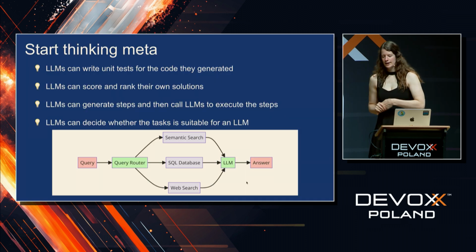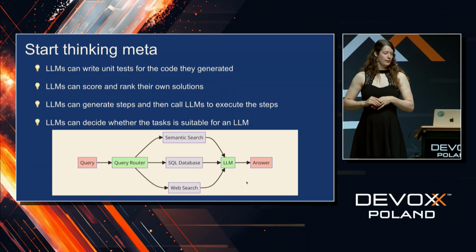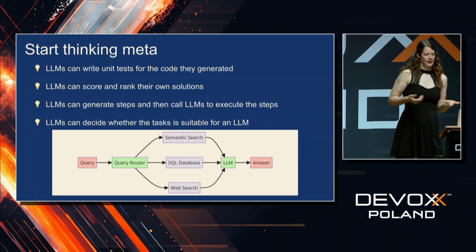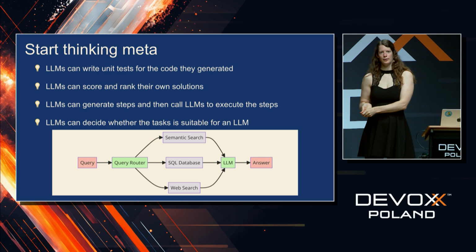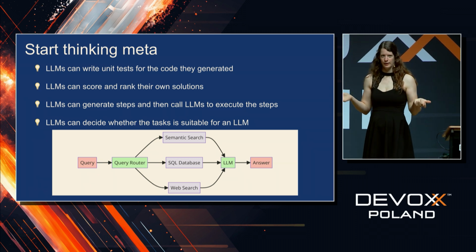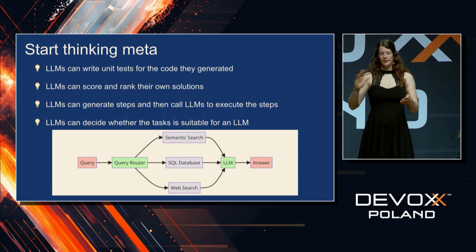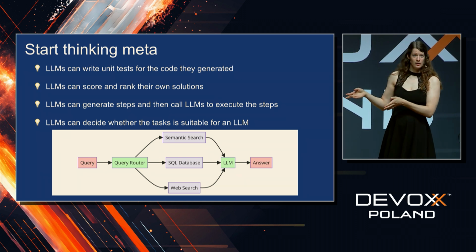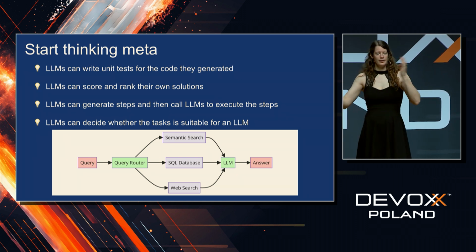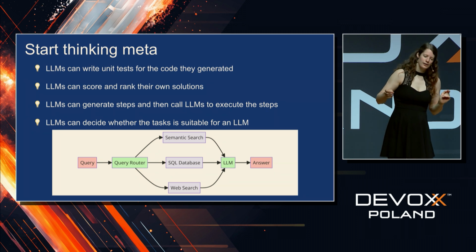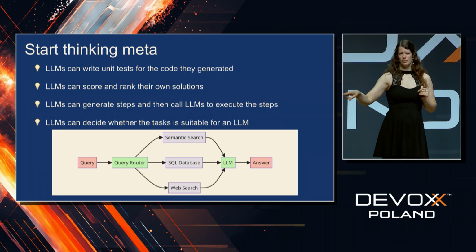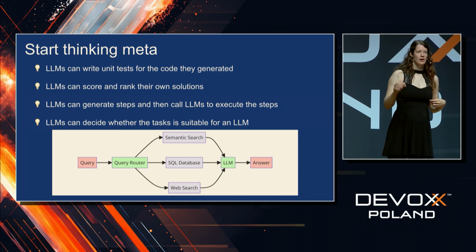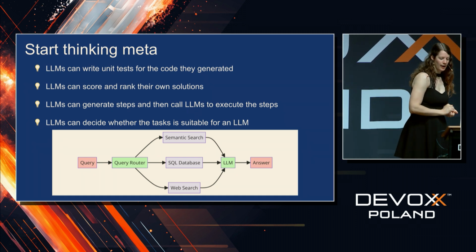Good, and a general thing with LLMs and AI models is to start thinking meta. Because LLMs can generate code for you. It's not going to be perfect, usually. There are going to be some bugs. But they can also write the unit tests to check if the code actually works. The unit tests are not going to be perfect either, and then you're going to run into some errors. And then you're going to see, oh, here the test is wrong, or oh, here the code is wrong. But altogether, with some iterations, you get really, really good results.